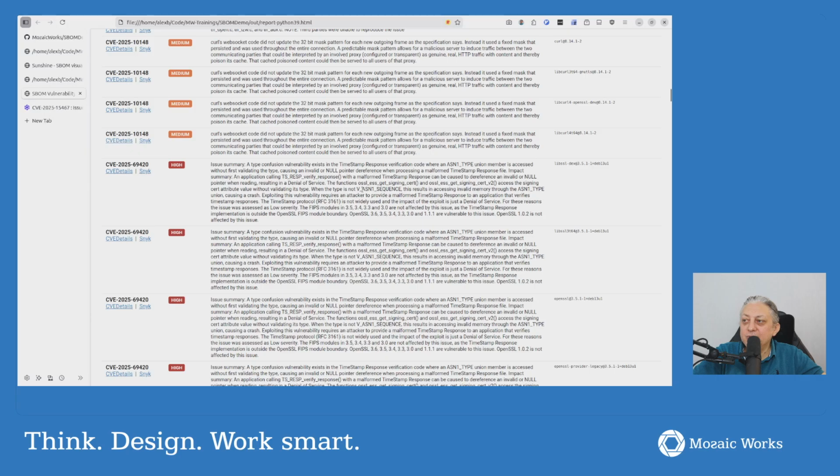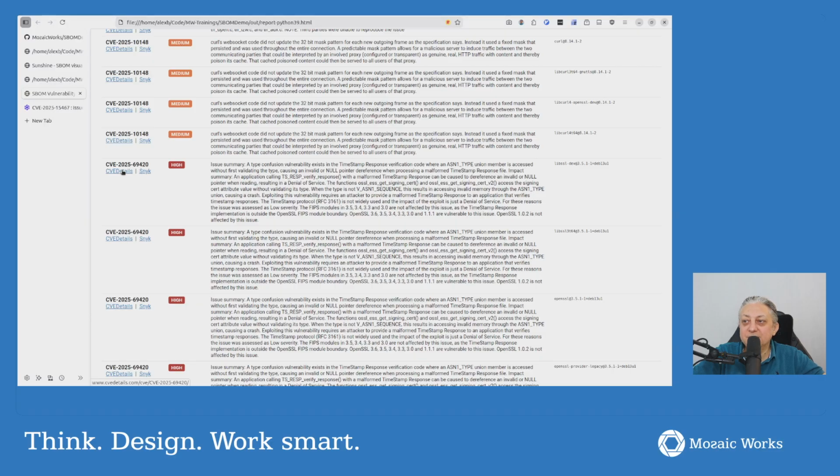A type confusion vulnerability exists in the timestamp response verification code where an ASN1_type union member is accessed without first validating the type, causing an invalid or null pointer dereference when processing a malformed timestamp response file. So this doesn't verify a potential null, which can lead to null reference exception or null